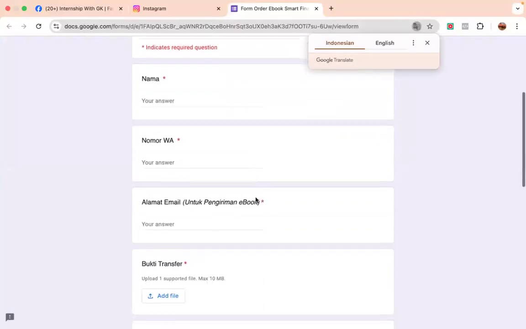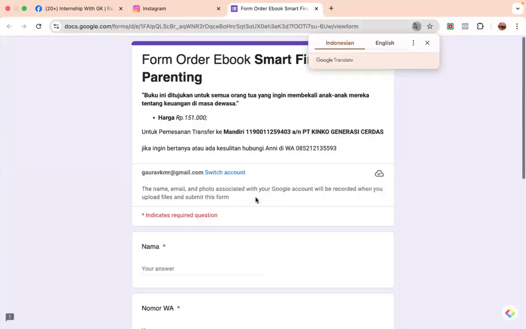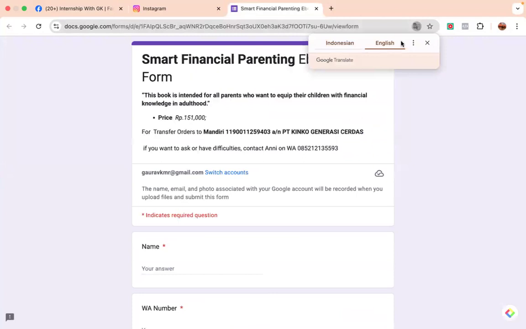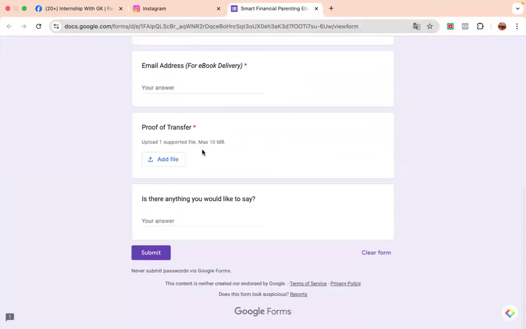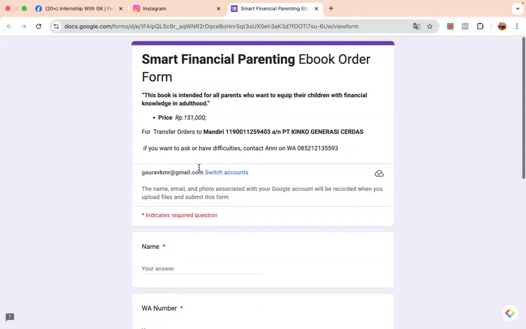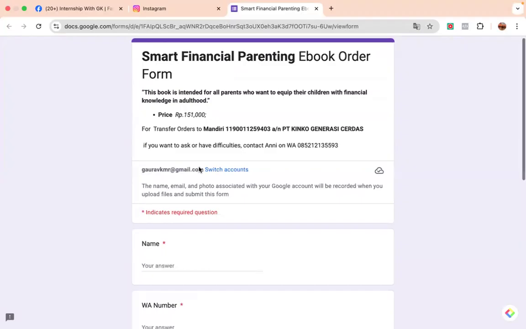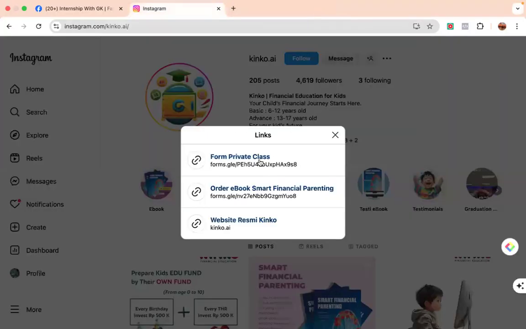Aha. So here we can fill up this detail. I can select English, and I can fill up the details. I'm assuming that some proof of transfer is needed. I'm not sure what this is. I'm assuming that once I fill this form completely, I should be getting the ebook, and he has asked me to pay some money. So this is a paid site, right? A paid ebook.